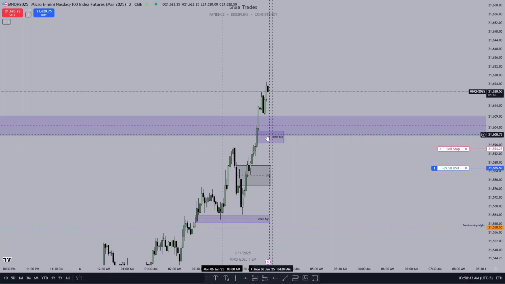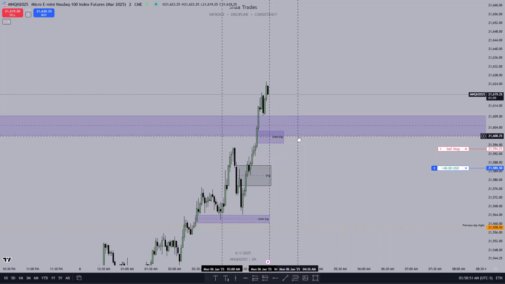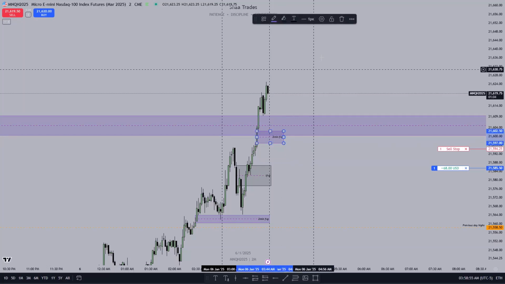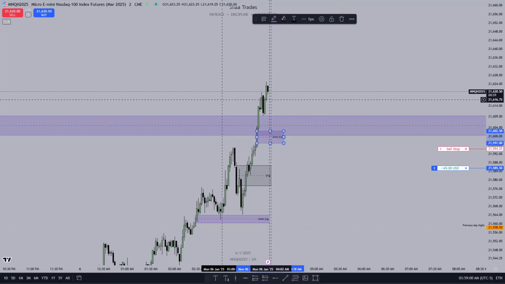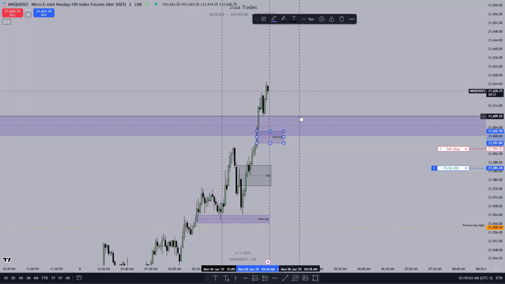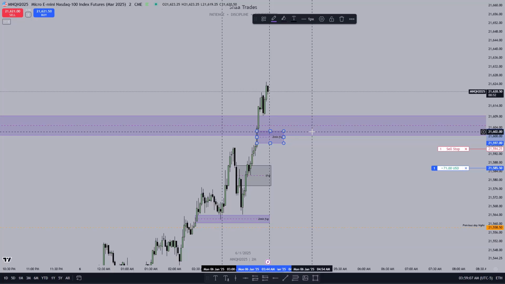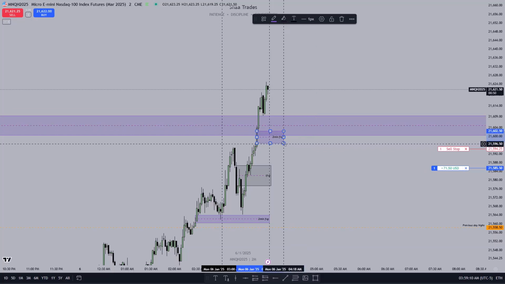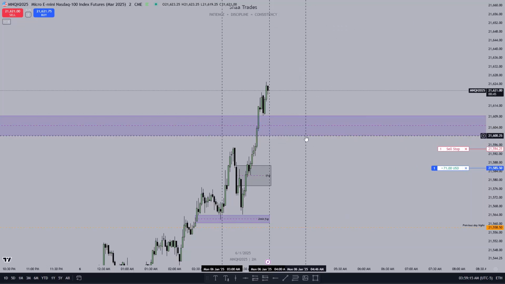So this fair value gap is now an inversion fair value gap, right? So now I'm going to treat this as a breakaway gap, and I'm going to move my stop loss to the low of that inversion. If price comes back and stops me out, that's perfectly fine, but I want to treat this as an inversion. Price already supported this, so if price comes back down here, I don't want to be a part of that trade. And I understand that this is a runner, and I should let the runner do what it wants to do,